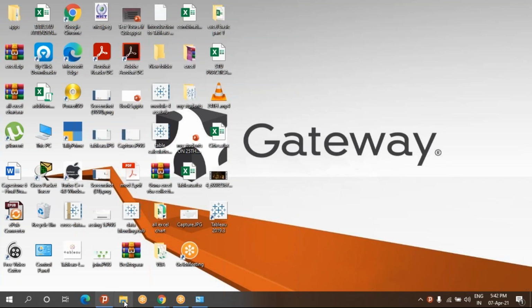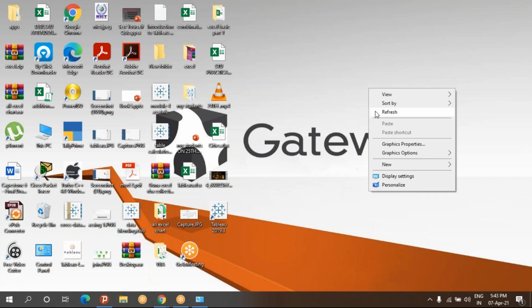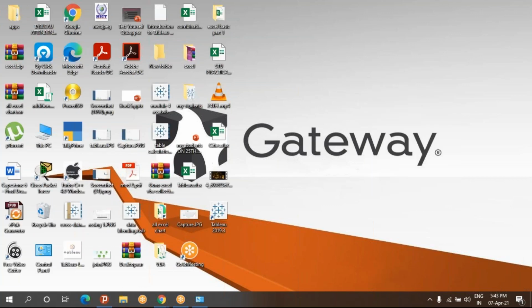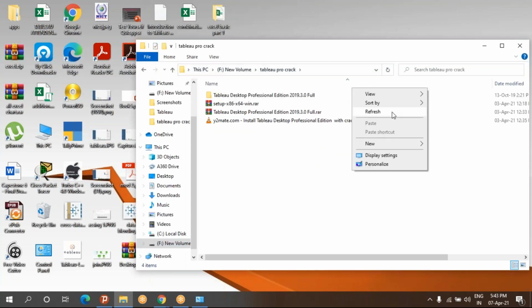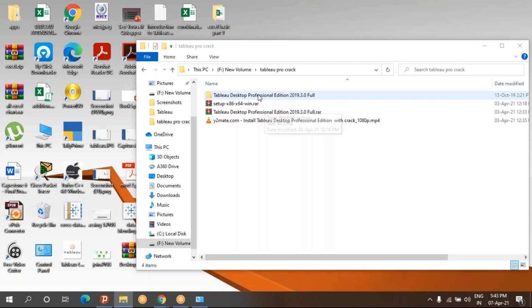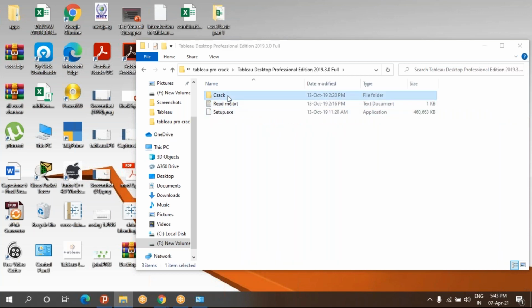Now I go to the place where I extracted the file, open this folder, open this. You'll have a tab UI.dll file.